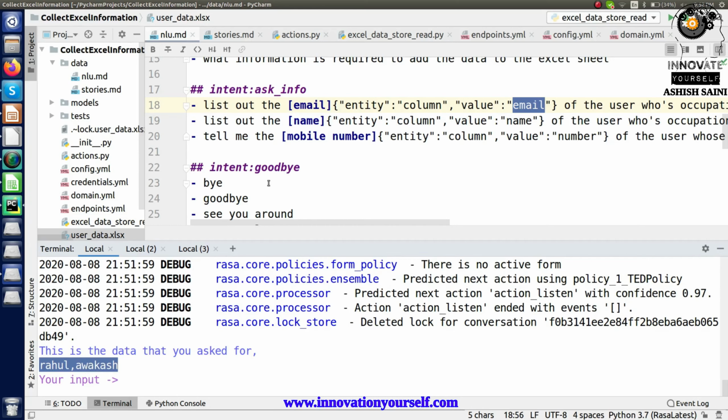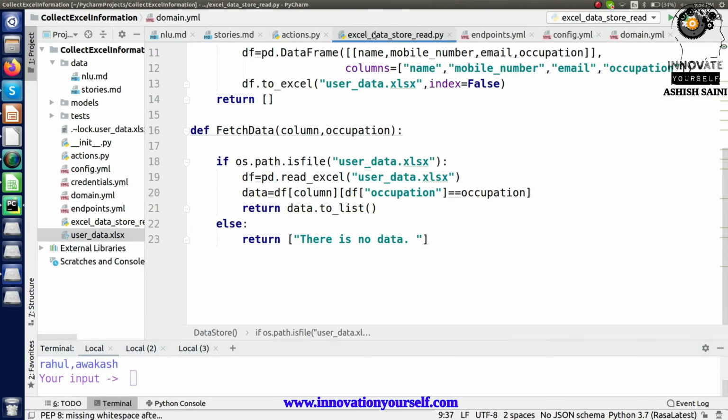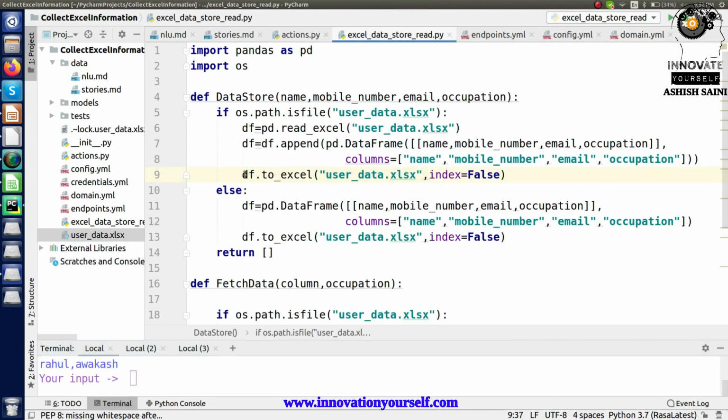The last thing that is left over here is that you now have to store this data, right? And for the storing part, I have already told you how you can do it. You can simply use this df.to_excel with respect to whatever data you want to store. Just change the name of this file, because in my case I am using this name where I already have the complete data. But when you are going to store your data, that means you are going to store only that particular data which you have extracted, so that should be stored in a separate file, right? So this is how you can do it.